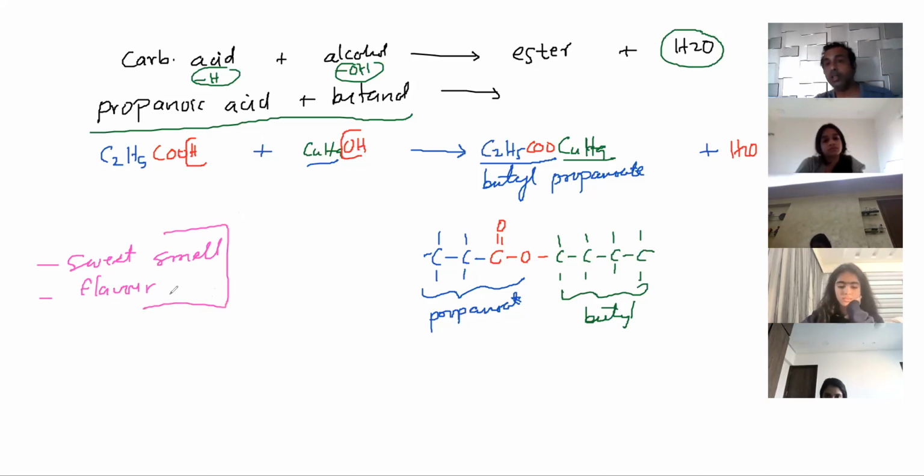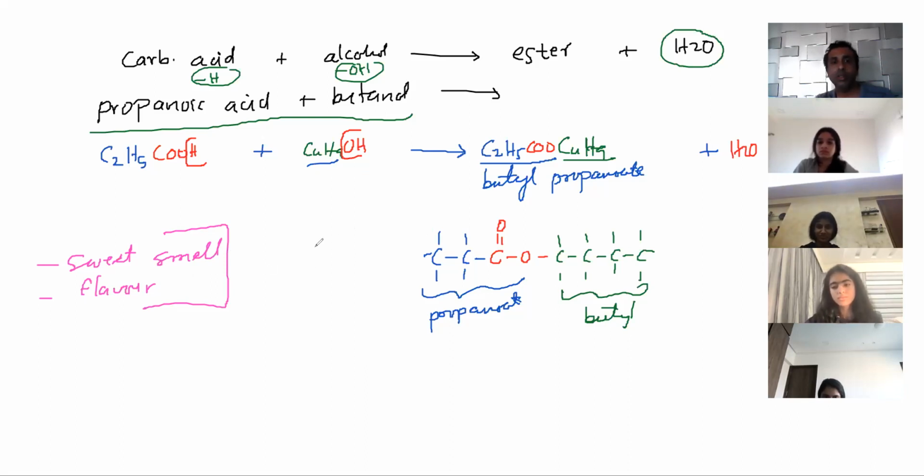So for synthetic flavors, like when you get mango flavored ice cream, the flavor that tastes like mango is not because of the real mango, of course. It's because of a synthetic ester. Once you find out which ester gives the mango taste, you can decide which acid and which alcohol you have to use to make that ester. Because once you know the ester, you can know which acid and which alcohol will be used. So make that ester and it will taste like mango.